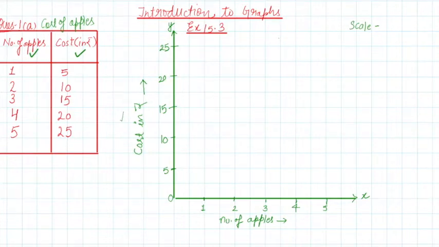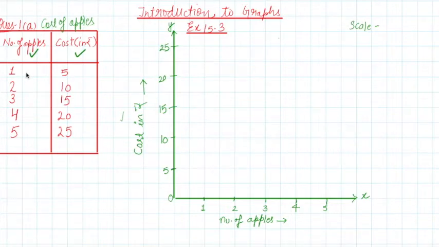Now here if you see the scale of the number of apples and cost in rupees, I have taken the number of apples as 1, 2, 3 till 5 only. So we don't need to skip any values. We have directly written 1, 2, 3, 4, 5 because the range is very short. Here it is from 5 to 25. So again, without skipping any numbers, we have taken 5, 10, 15, 20 and 25. Now let's mark